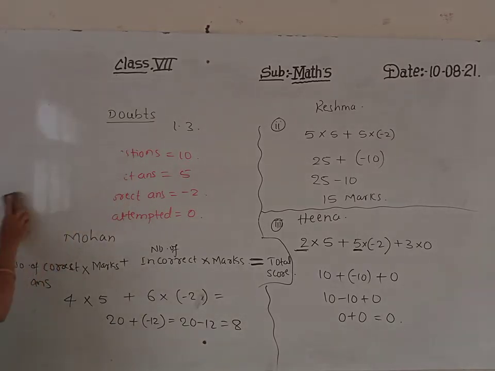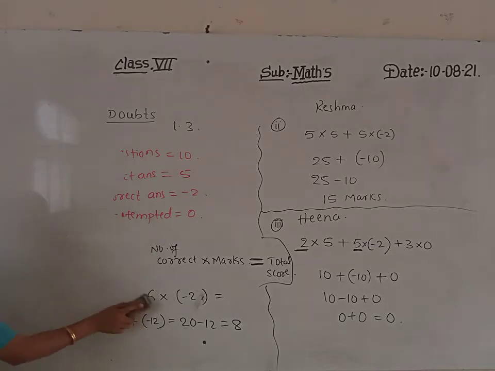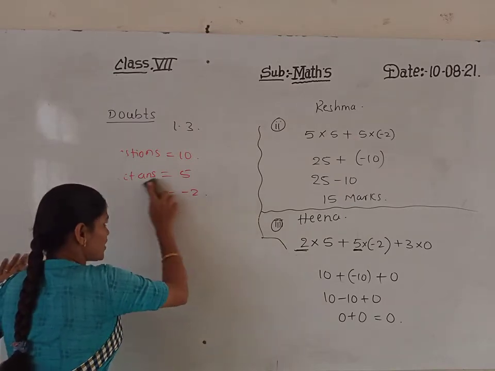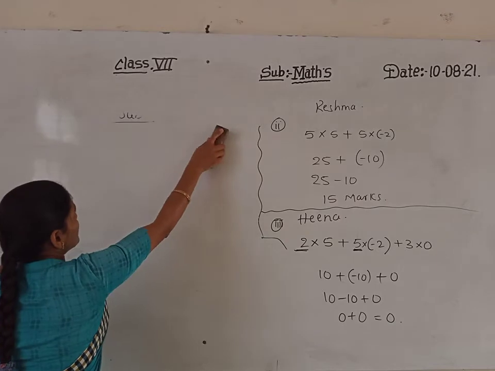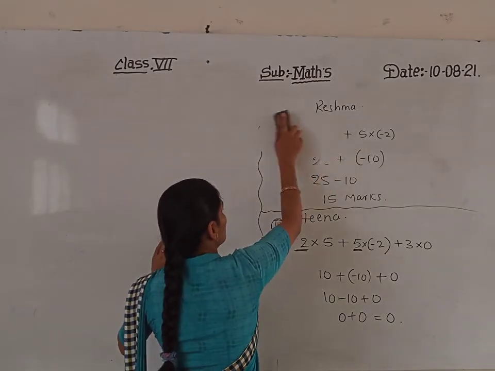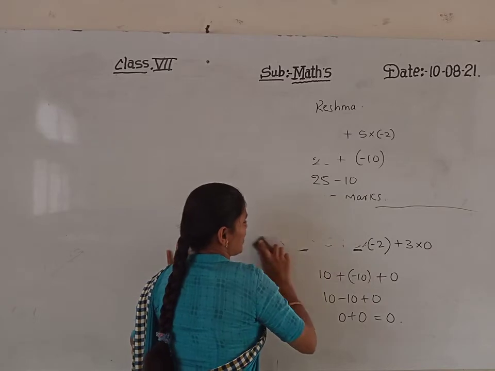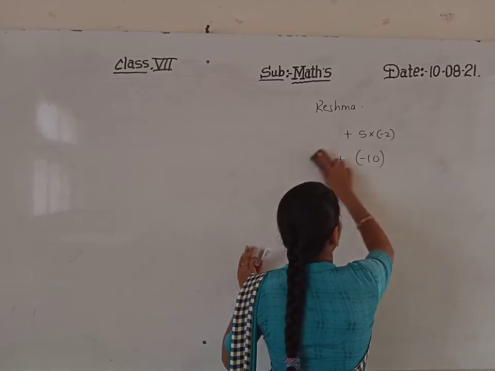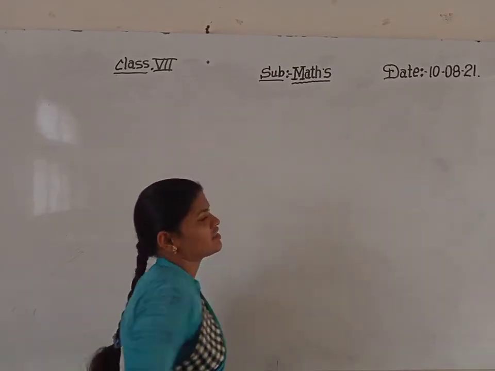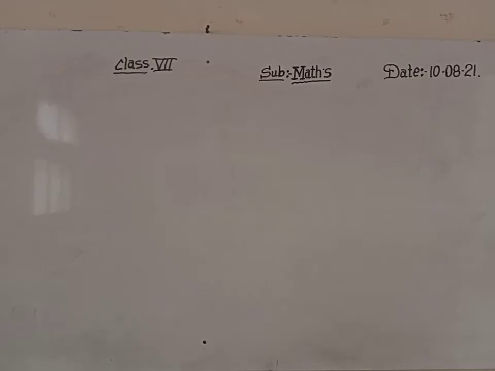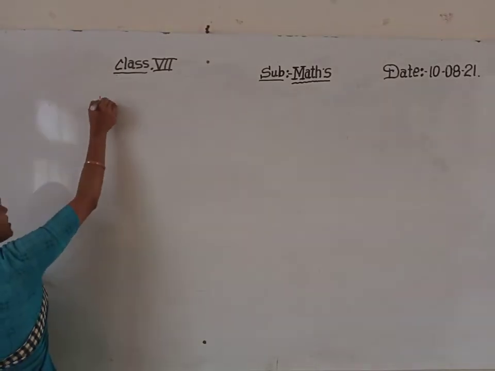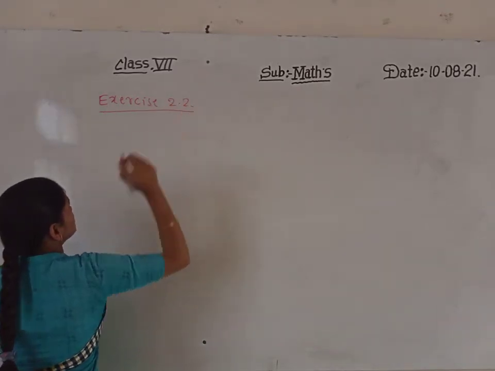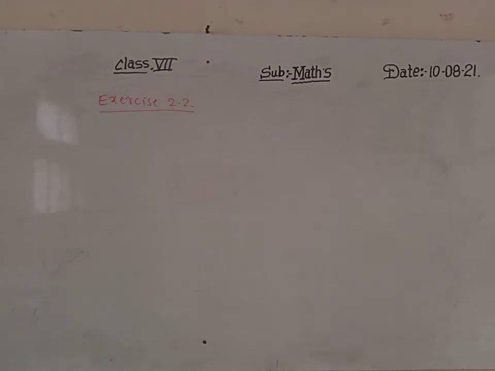Okay. Next, shall we go to the fraction chapter? Fraction as well as decimal. So, yesterday we discussed the multiplication as well as division of fractions. We have solved so many problems. Now, we will take exercise 2.2 based on the multiplication of fractions. Is it there? Very, very easy exercise 2.2. The exercise number 2.2 we have to solve now.